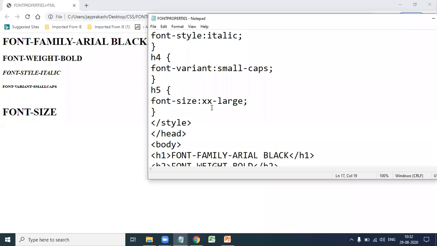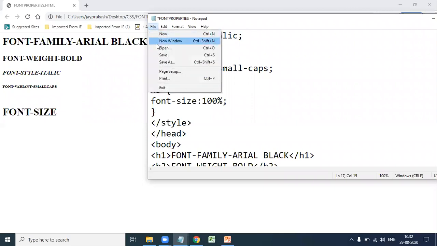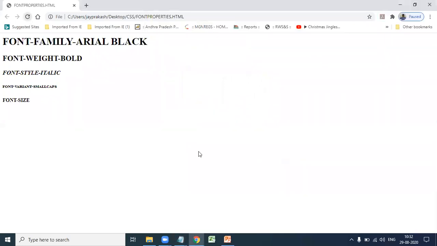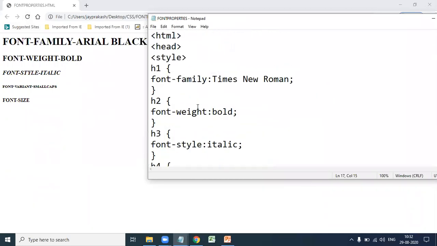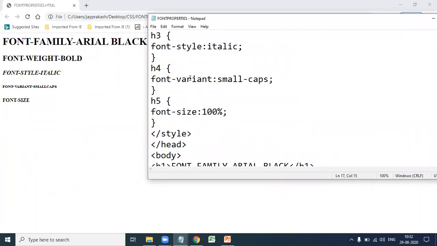If we give a percentage as the font size, that is a length, see, it is changed to 100% size. So these are the font properties: font family, font weight, font style, font variant, and font size.